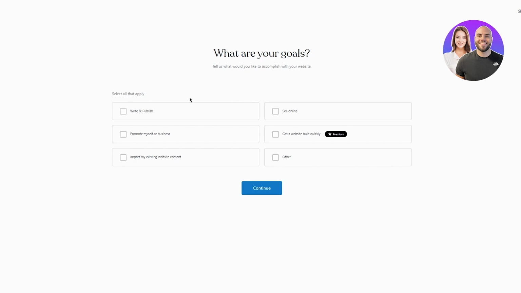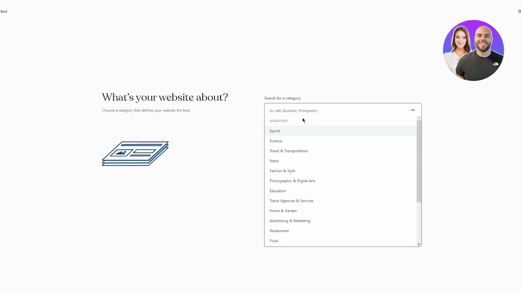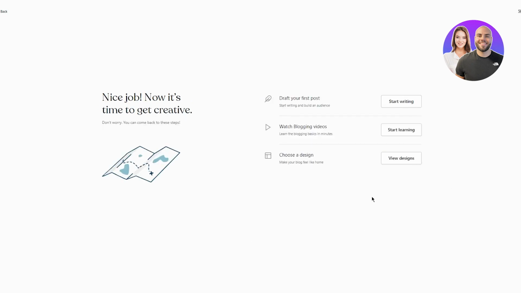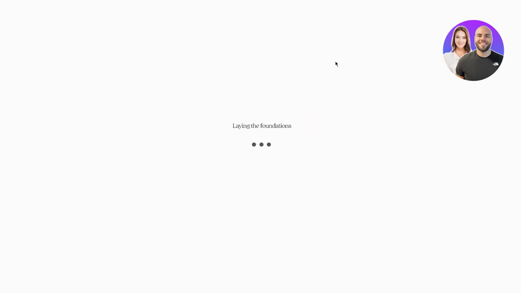in. So what are your goals? Mine is to write and publish, obviously, because I'm making a blog. So search for category. Let's say we want a sports blog, and we're going to continue. Blog name. Right now you can keep this blank if you want to, because you can change this later, totally optional. And obviously they're going to say draft your first post, watch blogging videos, stuff like that. What I'm going to do is go ahead and skip to dashboard right now to explain the